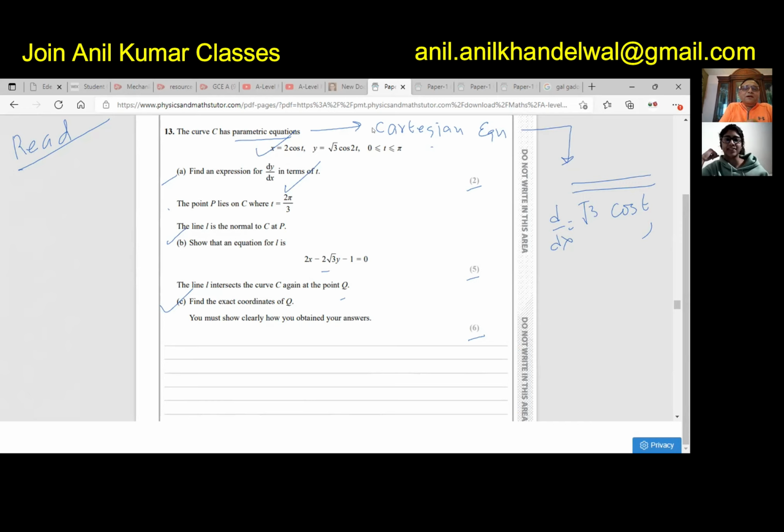Yes, I didn't realize. And look here, they are given a point P, right? They're saying point P lies on the curve C, T is this. Why not from here just substitute and find what Y is? So you have a coordinate point to work with, which can help you later, correct? You get the idea. So if you read the question, now with practice, you will understand what method should be adopted, and the weightage over here is clearly telling you that the method is to go for the Cartesian equation.